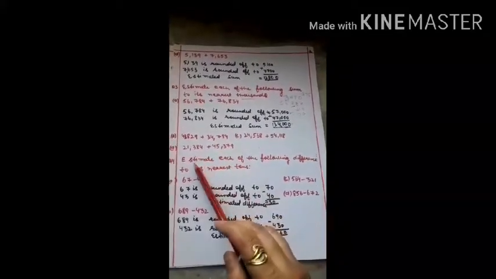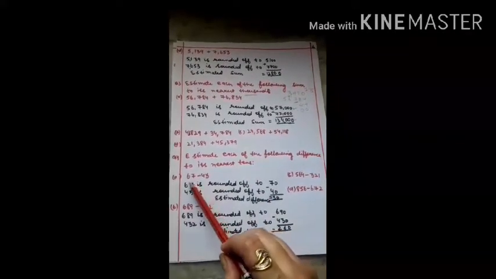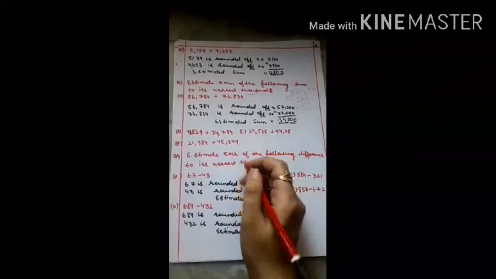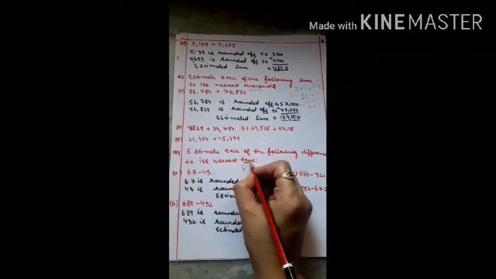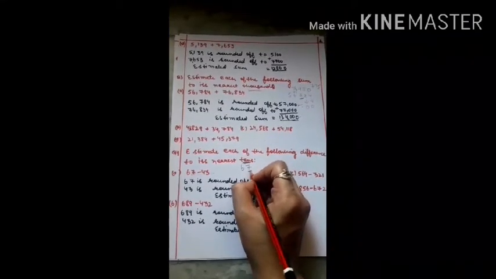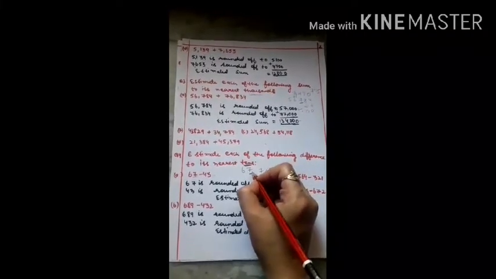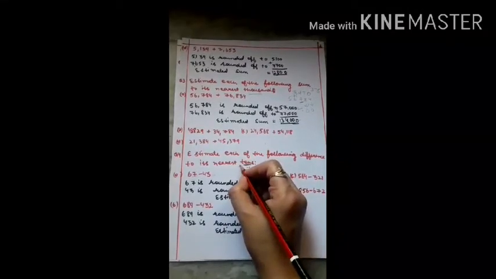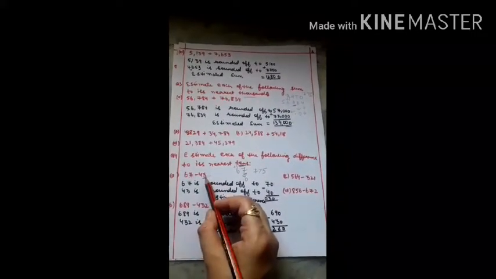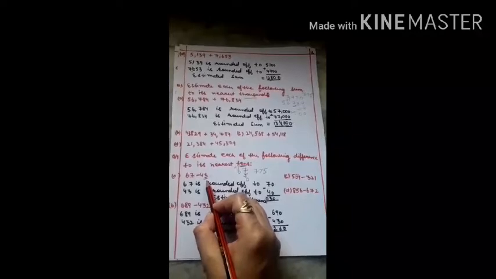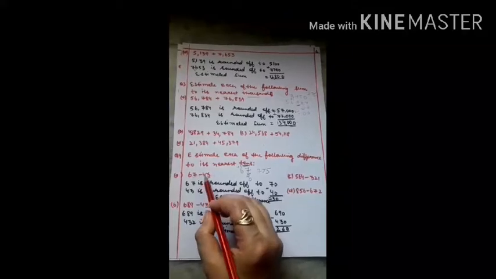Now question number 4 is, estimate each of the following differences to the nearest tens. What you need to do here is the same, you have to round it off. Here it is given 67. It is asked to round off to the nearest 10. You look at the digit at the ones place, you will see 7 is greater than 5. So you'll write 0 at the ones place, and plus 1 is added to the digit at the tens place. Same procedure you have to follow in this case. Here it is 43, 3 is less than 5, so no change will be done at the tens place. You can write 0 at the ones place.